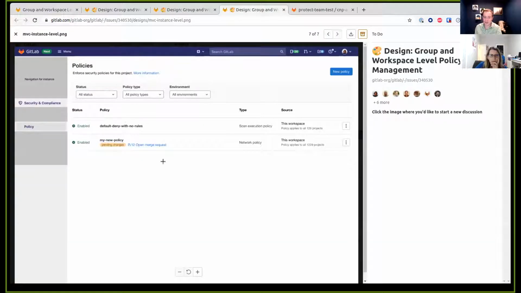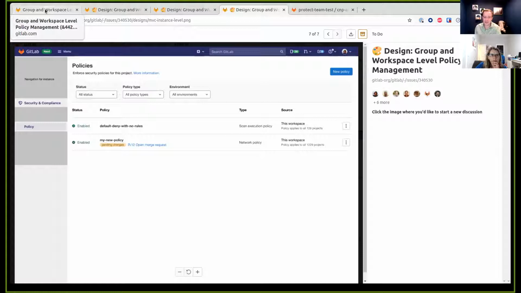And then of course we want this at the workspace level or namespace level. I'm really not sure what the best term is to describe that at the moment, but we want this at a per customer level. And I don't really know what this navigation area looks like, but ideally customers would be able to say, I want to require secret detection to run on all of my projects for all of my groups and everything that I own, right? They could just set that once at a workspace level, and that would flow down to everything inside of it. So those are the designs at a really high level.